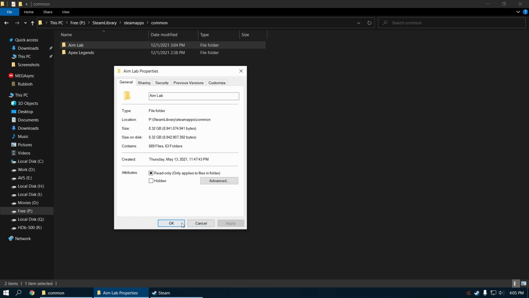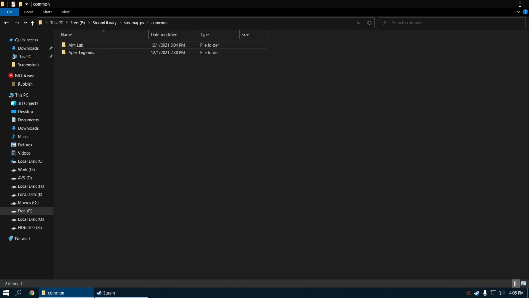Now you may not know what size the game was, but if it shows in GBs, which is gigabytes, it's all there. Otherwise it would have been in KBs or just 0 or empty, or simply the folder would have been missing. But before you close this, remember which is your Steam library drive, or the drive name. Write it down or just remember it.